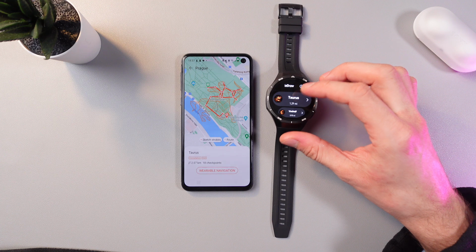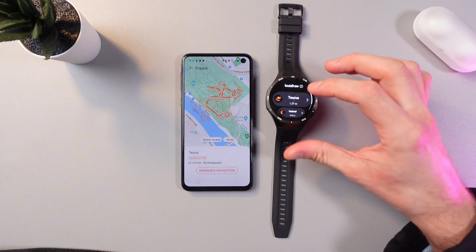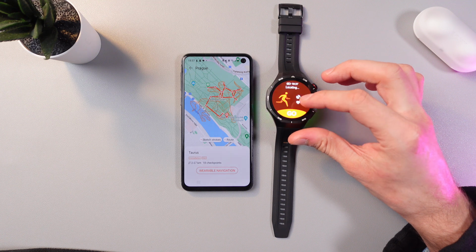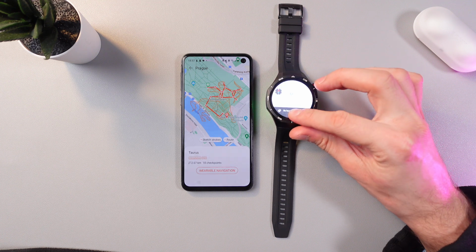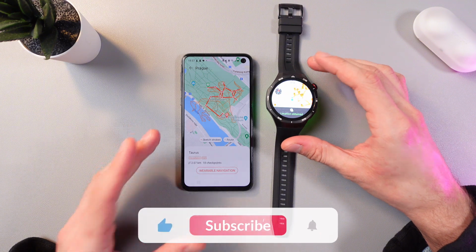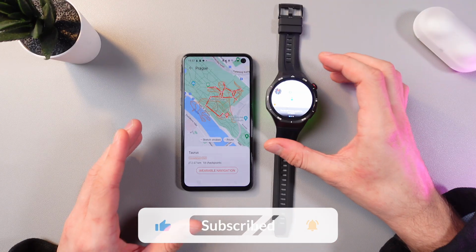Okay, and now we have a few routes right here, so choose the one you'd like, press go to exercise, press go. Workout started. And now our watch has automatically detected our GPS and it will follow us in all